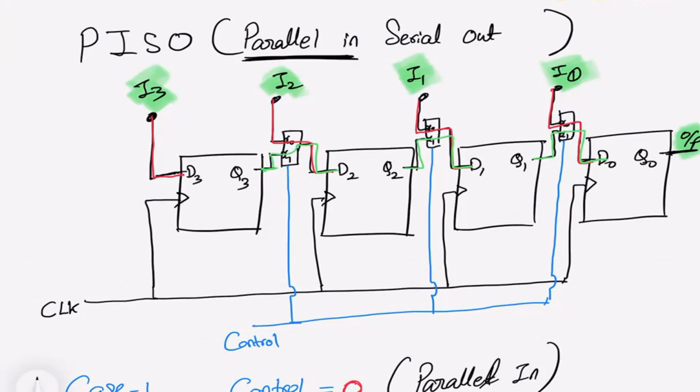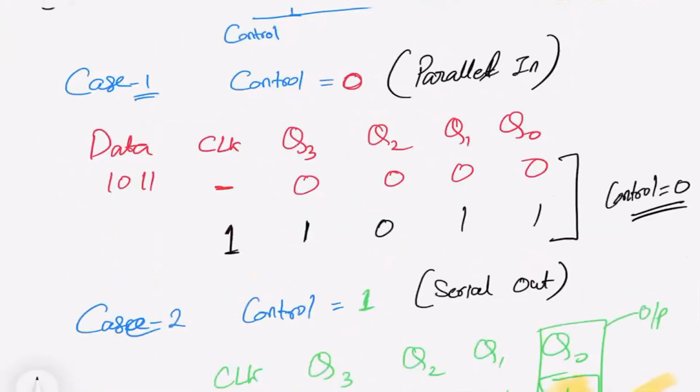And you need to remember one thing, that if you want to store 10 bit, you need 10 flip-flop. So if you talk about storage, you need n flip-flop. And if you want to retrieve that data, the first thing you need to set your control to 1 and you need to apply clock pulse. And the number of clock pulse you need to apply is n minus 1. So we'll write all those things.